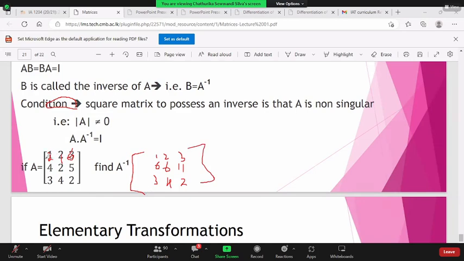What I did is I multiplied the first row by 2 and added that first row to the second row. Nothing happened to the first row, nothing happened to the third row, but the second row is fully altered. Then how will it affect A?